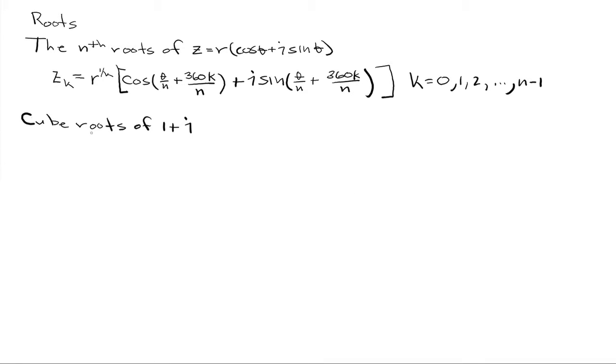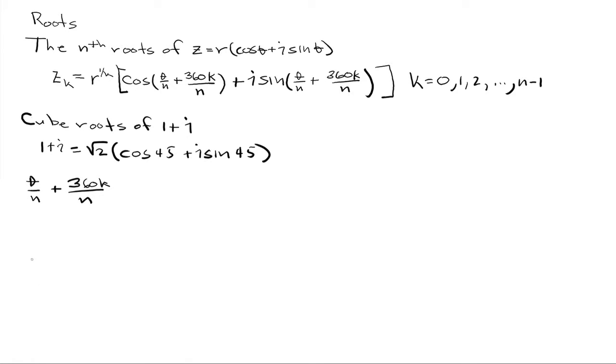So if I want to find the complex cube roots of 1 plus i, the first thing I do is take 1 plus i and write it in polar form, and since we've already done it, cosine 45 plus i sine 45. Since I want the cube root, the 1/3 power, my r is going to be to the 1/3 power, which we'll fix in a minute, but it's the angles that I need to work out. Theta over n plus 360k